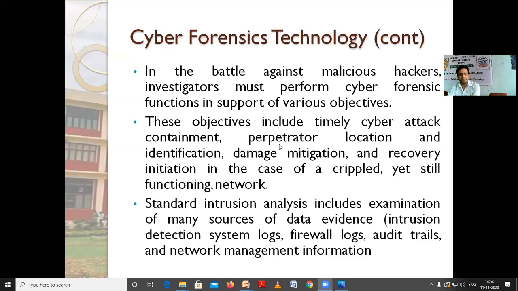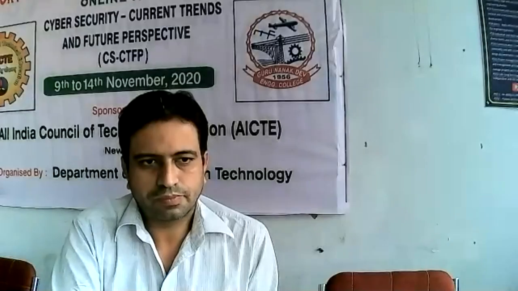So these objectives include timely cyber attack containment, perpetrator location identification, damage mitigation, and recovery initiation in the case of crippled yet still functioning networks. And standard intrusion analysis includes the examination of many sources of data evidence, that is the intrusion detection system logs, firewall